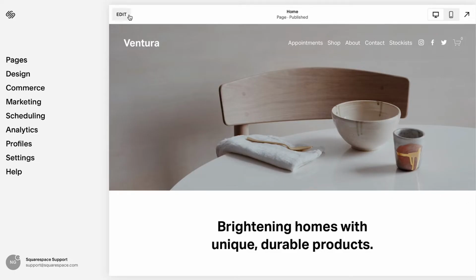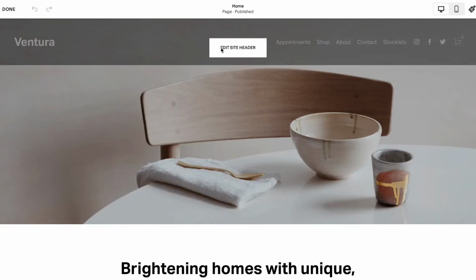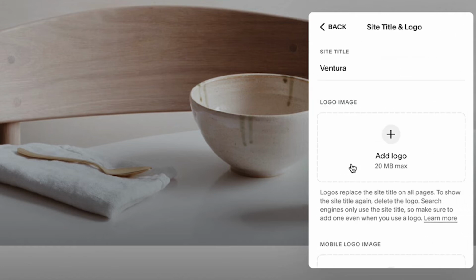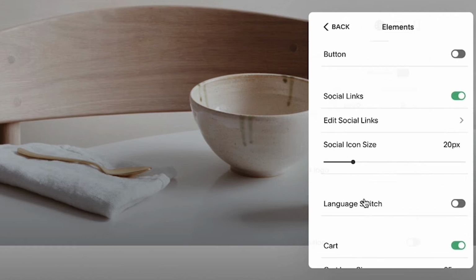Your site header is where your title or logo and site navigation is displayed. This can play a big role in how visitors navigate and interact with your site. Try out different styles by clicking Edit in your site preview, hover over the header, and click Edit Site Header. You can edit your title, logo, image, add or hide buttons, social icons, shopping cart icons, or even customer accounts login.